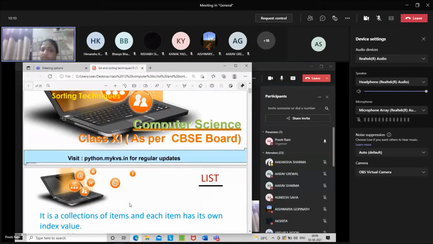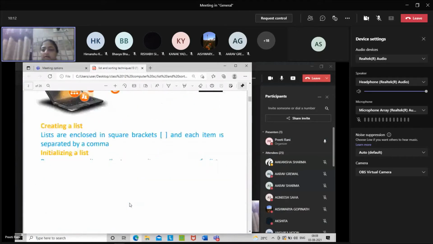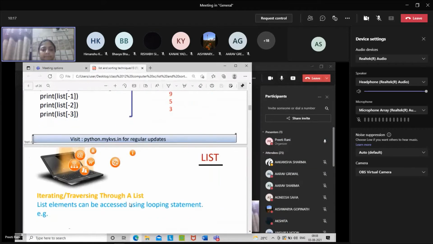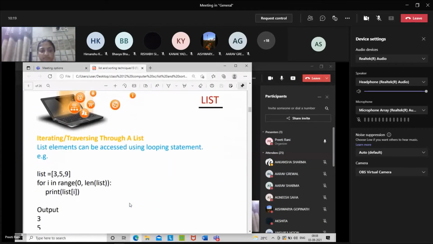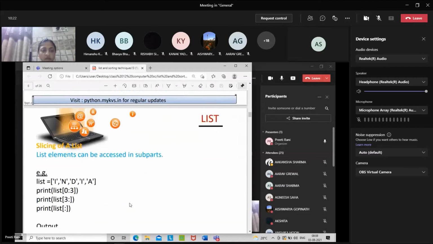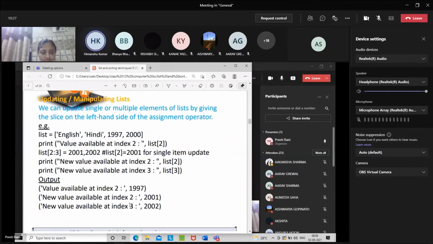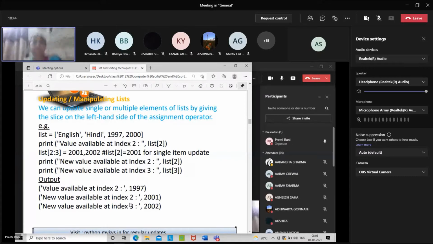Yeah, in the last classes we discussed the list also. Okay, can you tell me the definition of the list? Anyone? Ma'am, a list is a collection of values or an ordered sequence of items. Which type of values can it be? Characters and numbers. Character values as well, decimal values as well, integer values as well, and strings as well. Right? It can be a collection of strings also.